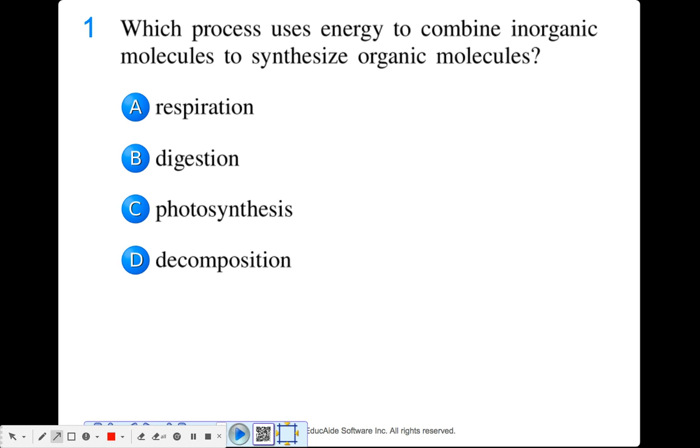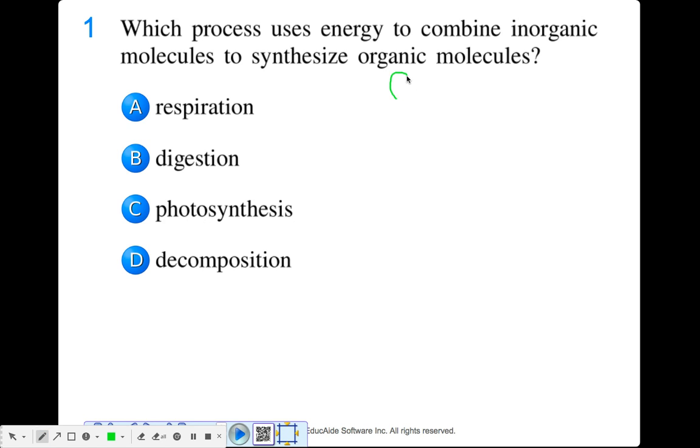All right, let's go over our Unit 2 test so that we can absolutely crush our retake, right? Okay, so which process uses energy to combine inorganic molecules to synthesize organic molecules? Let's see, what are some inorganic molecules? Well, we know that